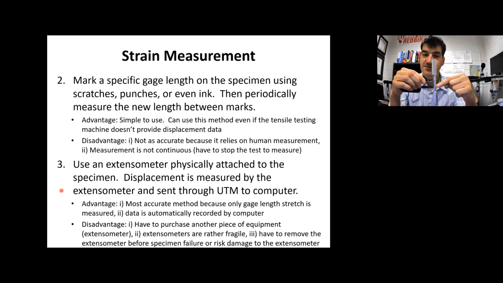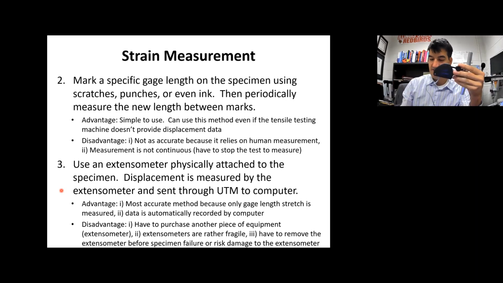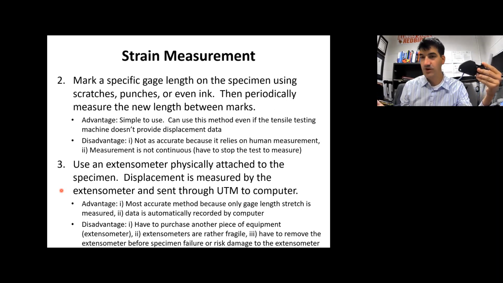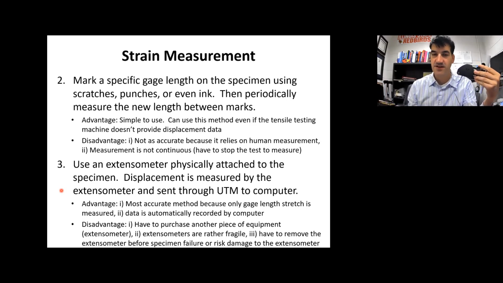And then as you're running the test, of course, this stretches, and these clips move along with the part as it's being stretched. And then the other end here plugs into the Instron machine, and it records the data just like it would if it was using the encoder from the screw, the worm gear screw. All right, so this is the most accurate method